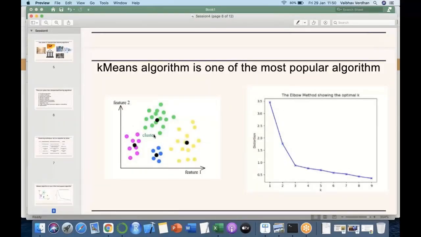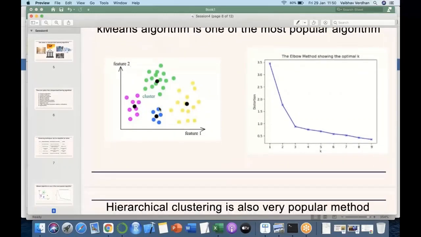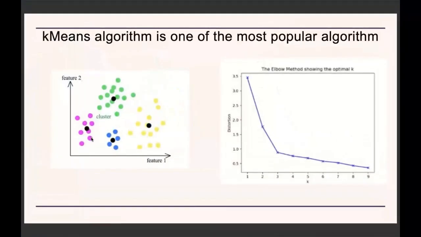So the output will be different clusters. I told you at the start that we have to tell the algorithm how many clusters we want. Do we want 3 clusters? Do we want 4 clusters? How to determine that? How many clusters do you want? For that, in the k-means algorithm, we have a method called the elbow method. Okay. What it tells us is, like on the screen, you can see on the right side that